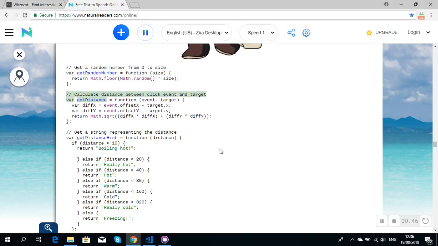// Calculate distance between click event and target. var getDistance = function (event, target) { var diffX = event.offsetX - target.x; var diffY = event.offsetY - target.y; return Math.sqrt(diffX * diffX + diffY * diffY);